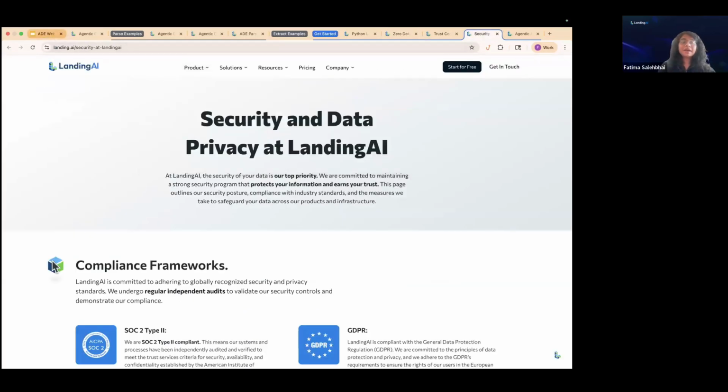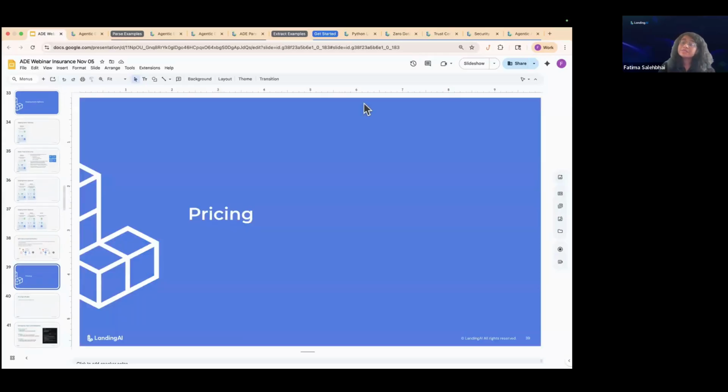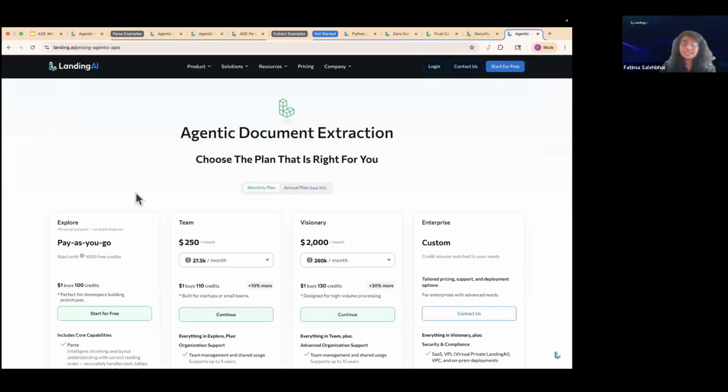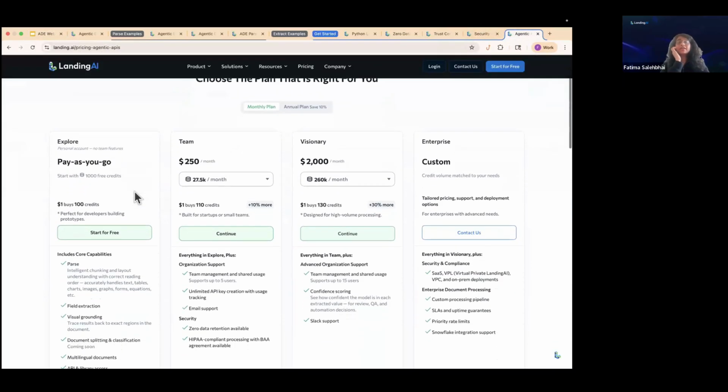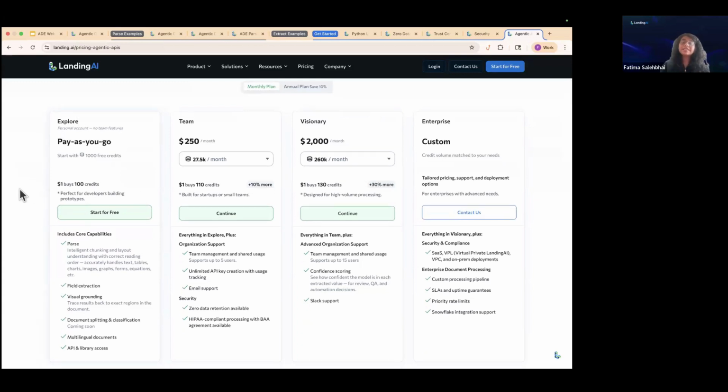And then the last part that I wanted to touch upon is pricing, which goes directly with the deployment solution. We have pay-as-you-go to get started. We have about 300 pages that you can get started for free to just test around. But then you can just get started with pay-as-you-go as you are building the solution and making it production ready. And then we